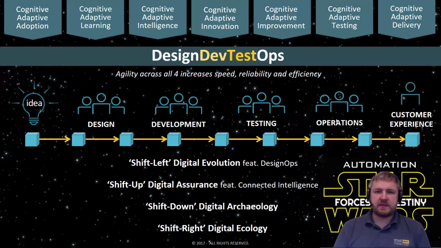Equally, I'm going to talk a little bit about this cognitive adaptive learning, so this ability to connect intelligence, to connect everything together and learn from it, and also how you manage that from an assurance point of view. I'm also going to briefly talk about digital archaeology, which is how you go back into that legacy and dig up the blueprints which represent your systems, which typically have been inherited over many generations. And then once you've got that information, you've got this digital ecology, this snapshot of all the organisms, your system as an organism, that allows you to understand it and be able to evolve it.